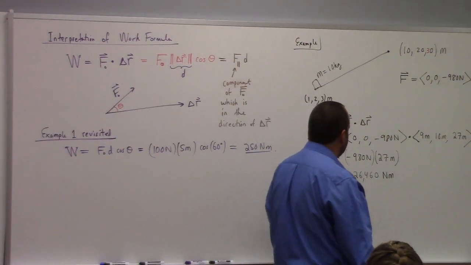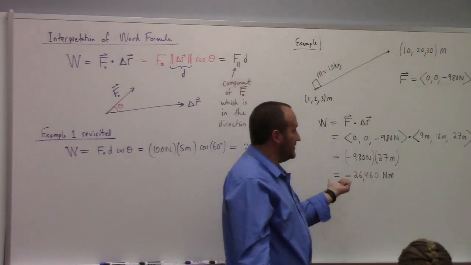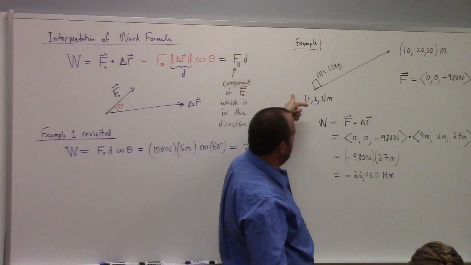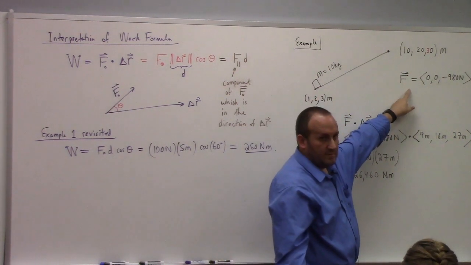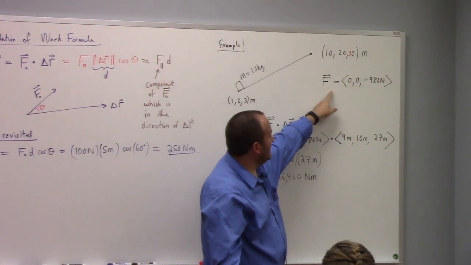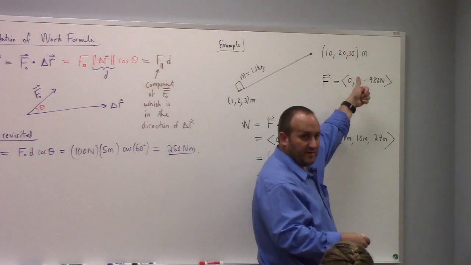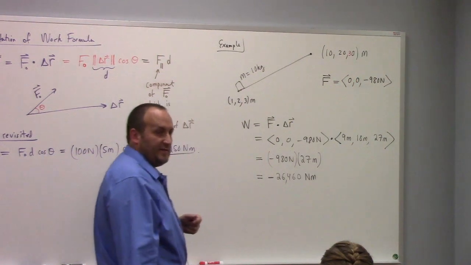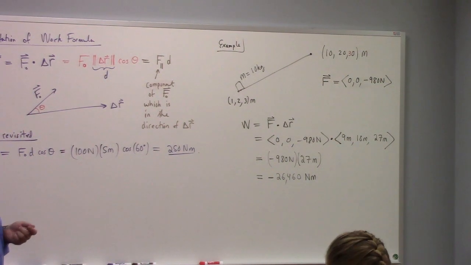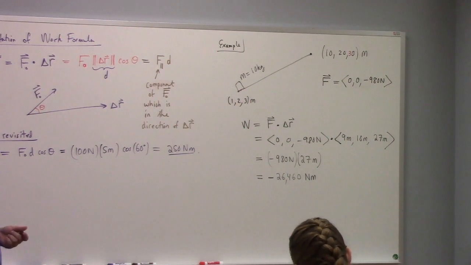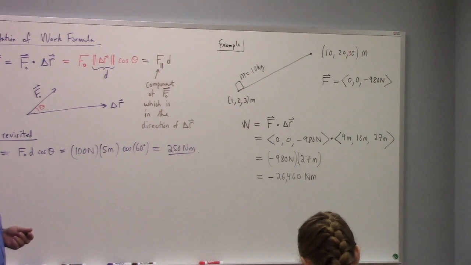So when we look at this one, we've got a negative work. Why did we get that? Because the part of the displacement which is matching the force is in the opposite direction. The force is downward, the displacement is upward. And that's the only part of the force which is doing work. There's only gravitational force. There's no x and y in this example. Any questions about any of this?